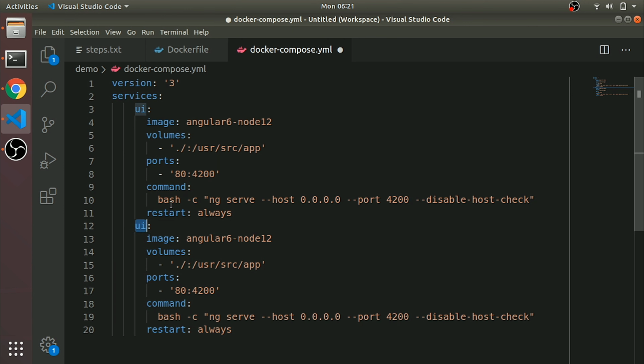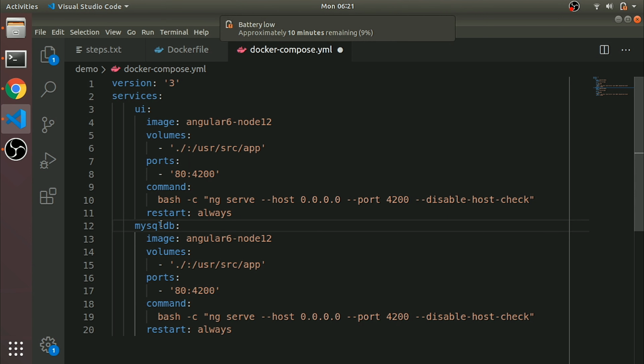So you can put a MySQL DB. What it will create now is another container. Demo is the parent folder, and inside the demo folder it creates demo_MySQLDB_1.